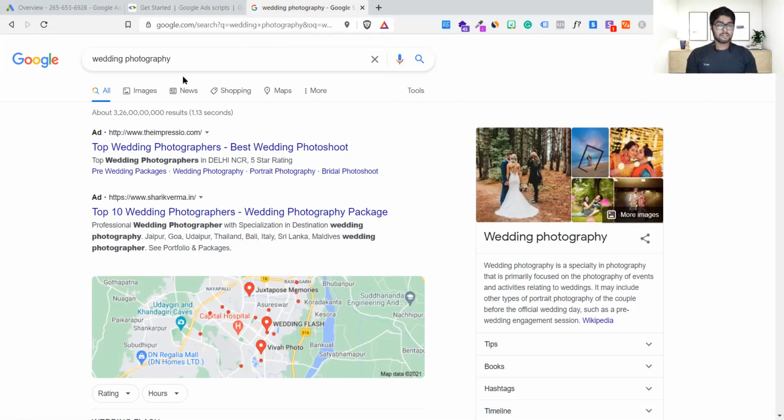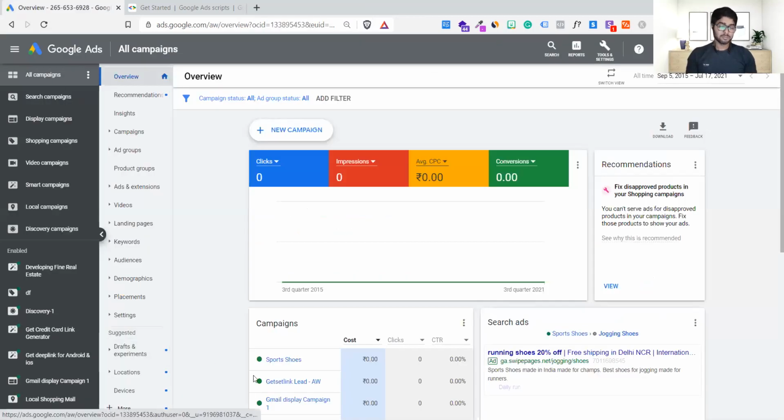Got it? So we have n number of opportunities in Google Ads. We don't have to think much. Every requirement has some fulfillment, right? So here's one more example for you. For wedding photography, the goal will be cost per click, right? No, the goal would be lead generation. I was asking about the campaign type, the bidding.